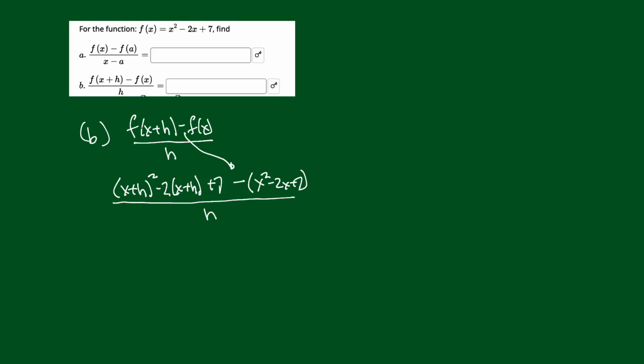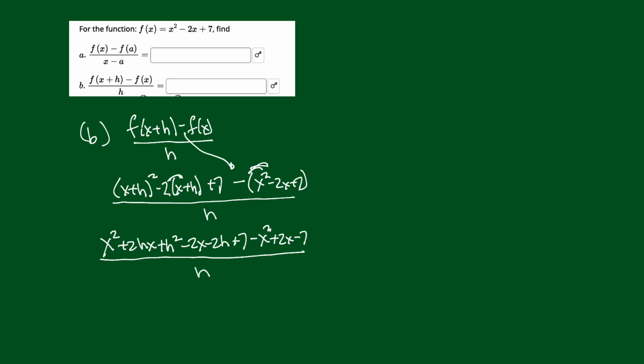Now, if I'm doing this correctly, in the top, everything without an h should drop out. So everything that's left should have an h in it. So first of all, let's square, and then we'll take the 2 through. So square the first, x squared, multiply them together. All right, I'm multiplying these two together, hx or xh, it doesn't matter. I'll do it in alphabetical order. hx, you double it, you get 2 of those, 2hx, and then square the last, h squared. Now, take that, distribute that negative 2. Negative 2x minus 2h plus 7. Now take the minus sign through. Minus x squared plus 2x minus 7